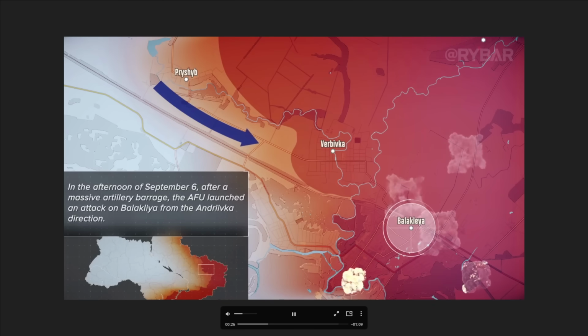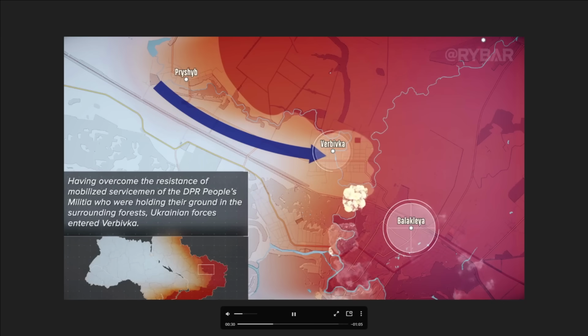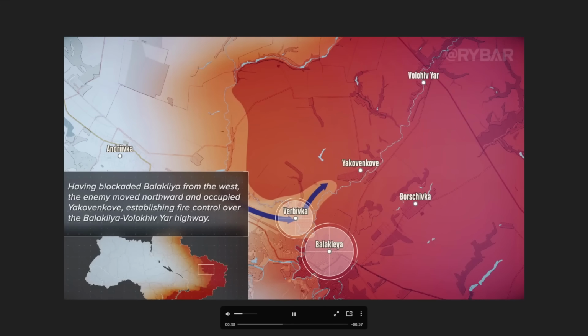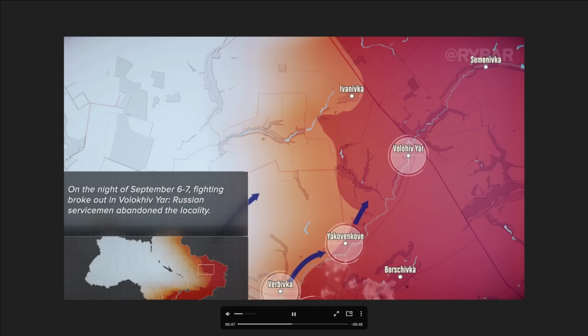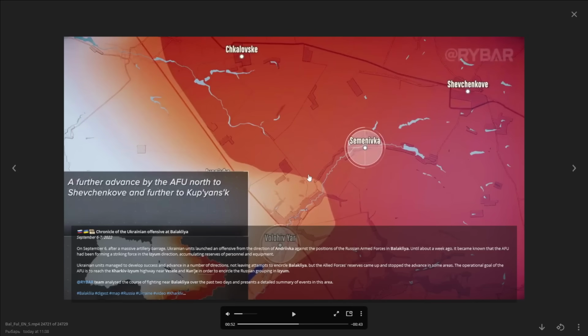In this initial push, they pushed towards Verbivka and then took the village, but then they were stopped around the river and couldn't cross it towards Balaklia, as the Russians decided to blow up the bridge. They then decided to widen the front line by advancing towards Yakovenkov, which they actually captured on the first day. Then during the night, the Russians pulled back and the Ukrainians advanced and took the area that the Ukrainians pushed them from,